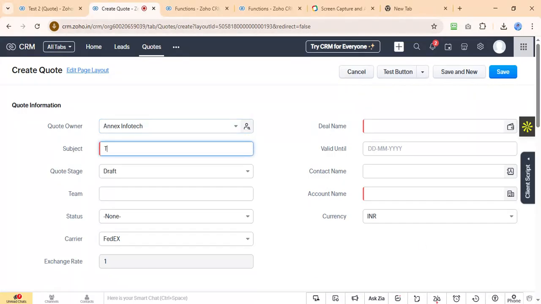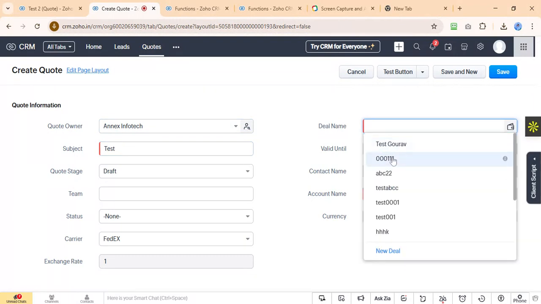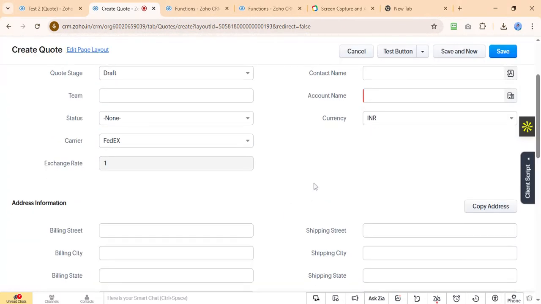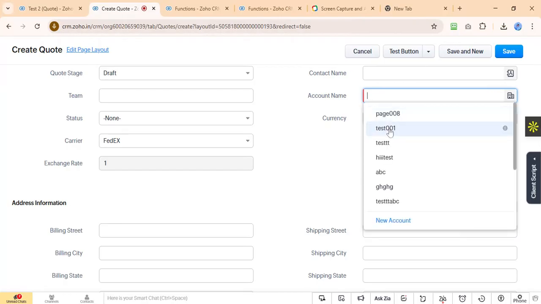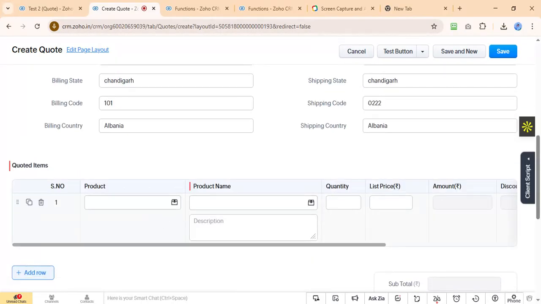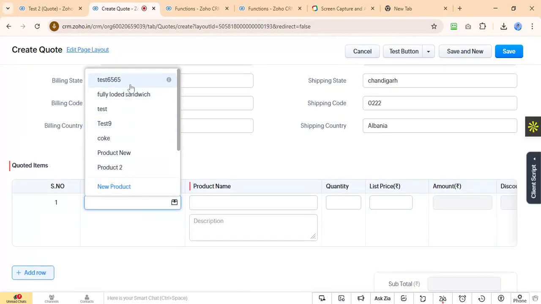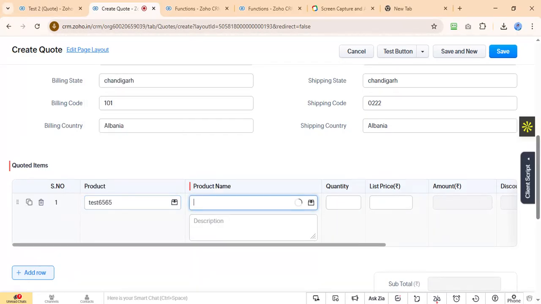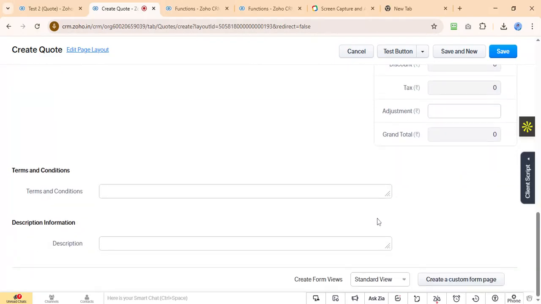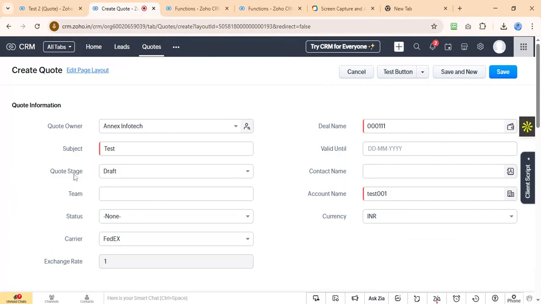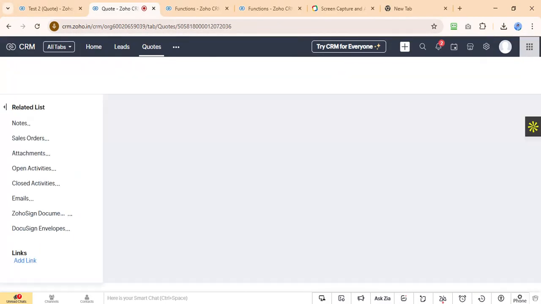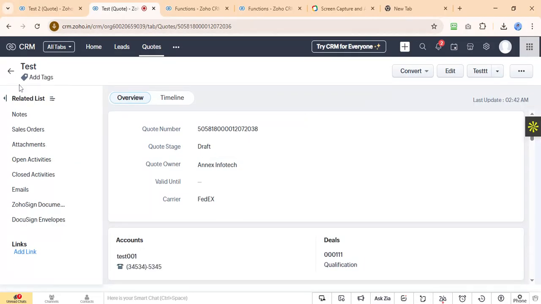Let's create one code. As you can see, I don't have any code in the system, so currently I am creating one, and it will get created easily for right now. If you see, I am going to save this code and it will get saved easily. It has been successfully created.